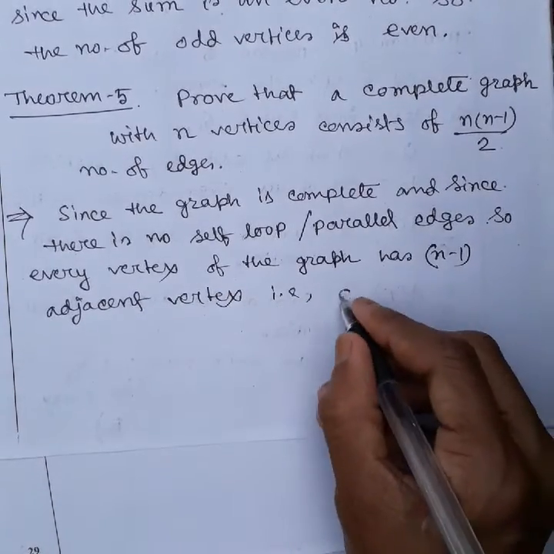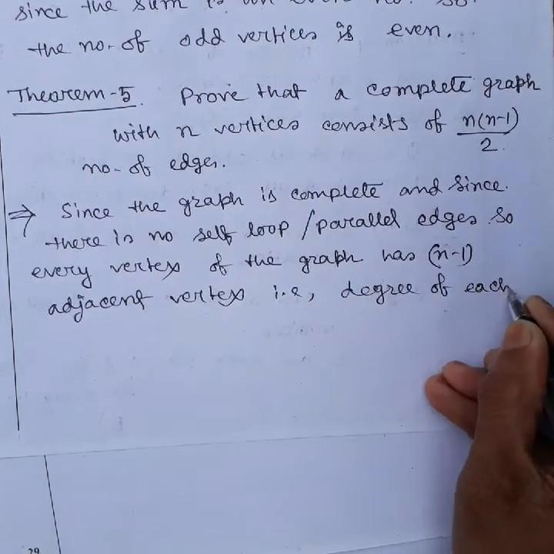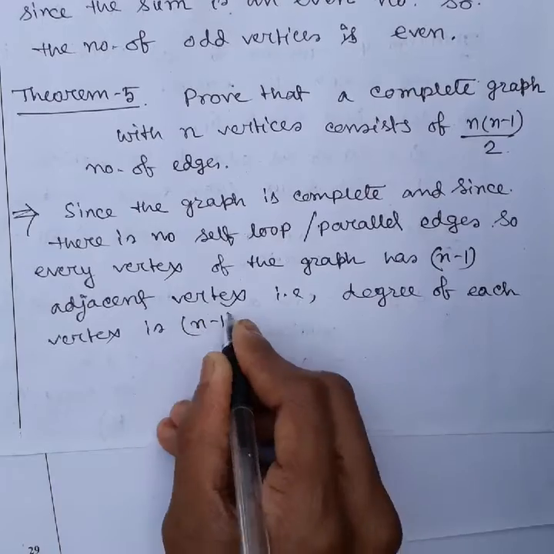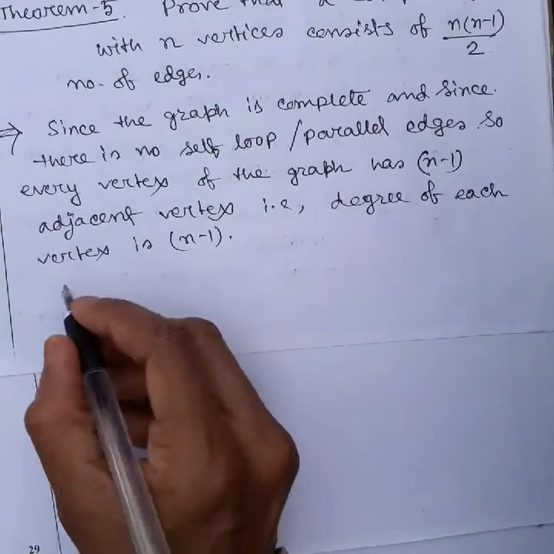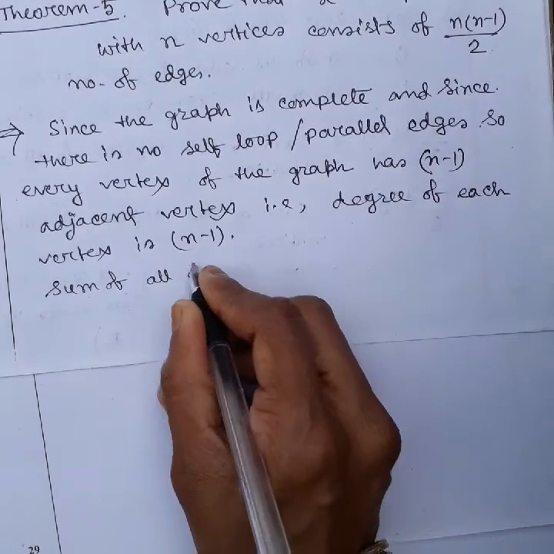That means the degree of each vertex is n minus 1. Okay, so the sum of all degrees